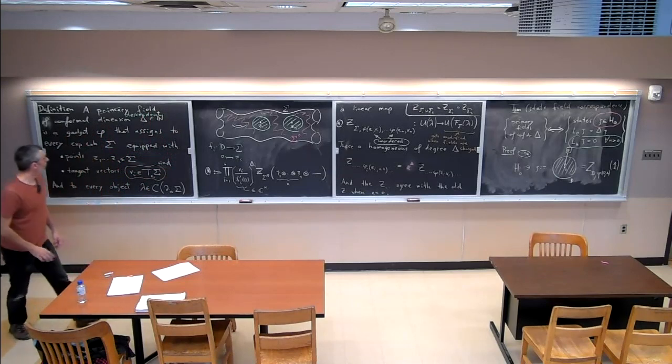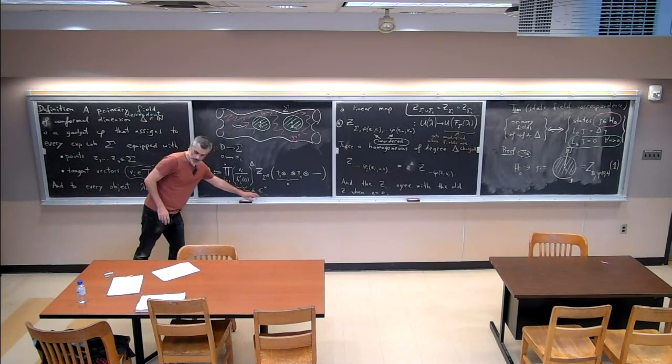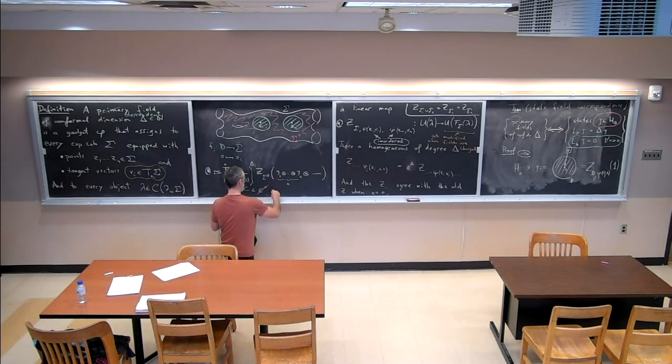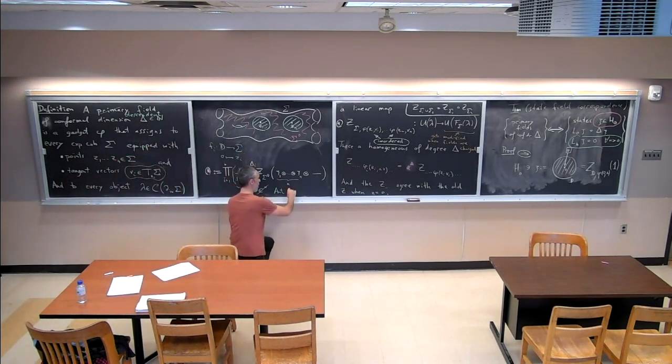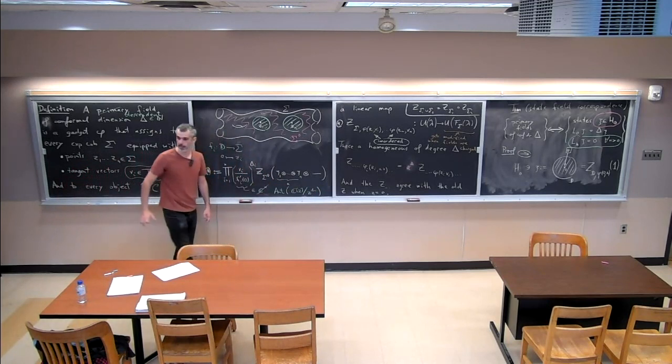If you now want to look at descendant fields, then this group gets replaced by the group of automorphisms of local coordinates up to a given degree. So that's automorphisms of C adjoint Z modulo Z to the D plus 1. That's a finite dimensional algebraic group, and you end up having to take an element in this group and let it act